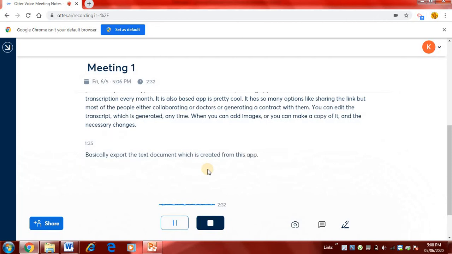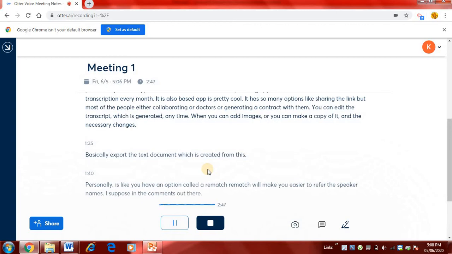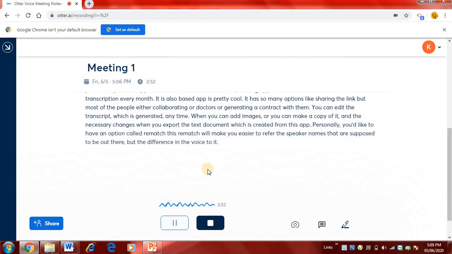Personally, you have an option called rematch. This rematch will make it easier to refer to the speaker names. Now suppose in the conversation two people are there with a difference in the voice tone, it will be identifying the speaker 1 and speaker 2.